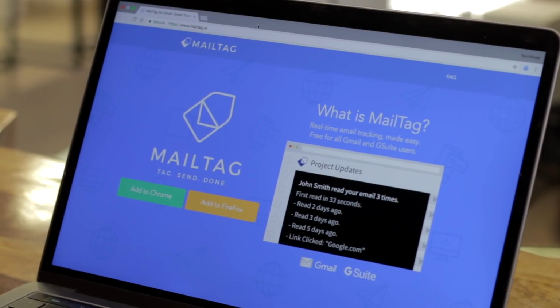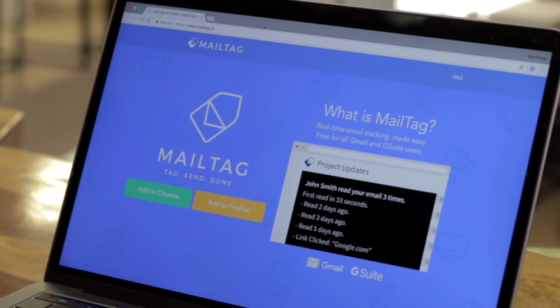The only difference between the free and the paid version of MailTag as of now is that MailTag Pro removes the watermark by default, and that's it. So is MailTag our pick for best email tracking service? Well, for free users, definitely. The free version of this service is easy to use and offers features that others make you pay for.